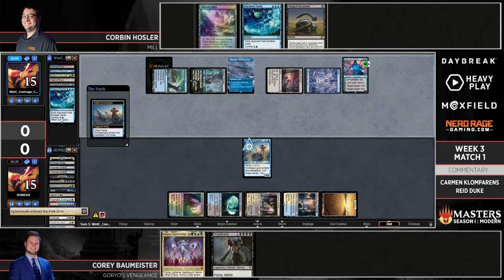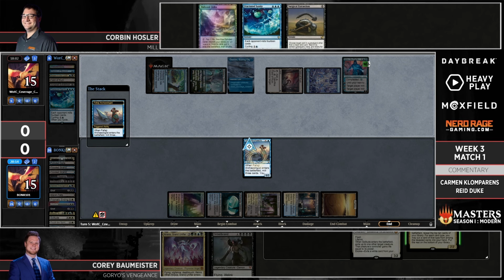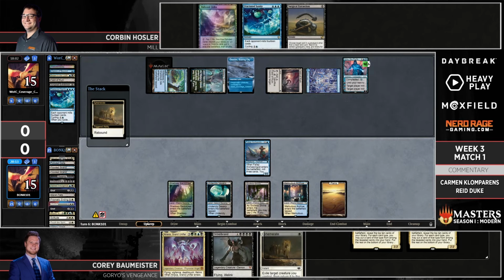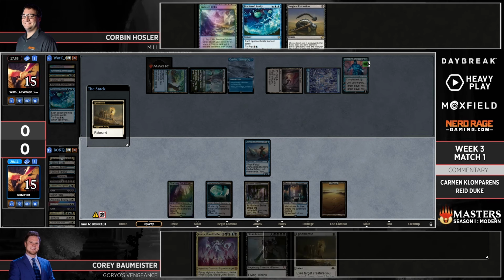Oh, and this is interesting. So Ephemerate and Philology Archaeologist here has me wondering, what is Corey digging for? I think Corey's really desperate to. Oh yeah, well, there's no Goryo's Vengeances anymore, so I don't even. Yeah, it's a great question. You can't find Grief off the Archaeologist, so